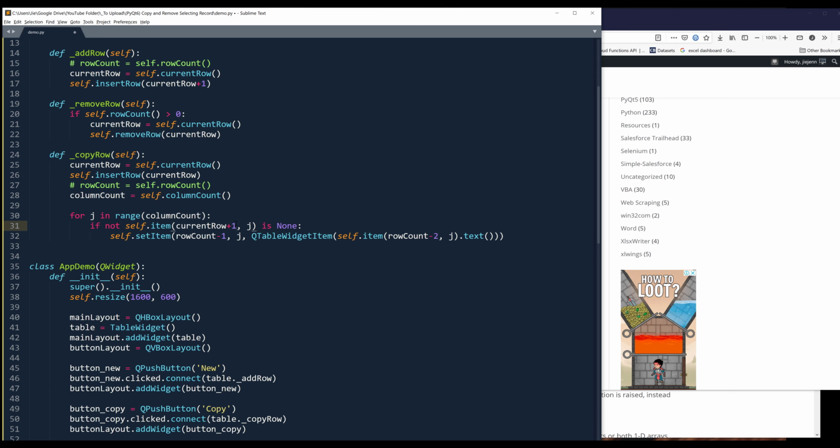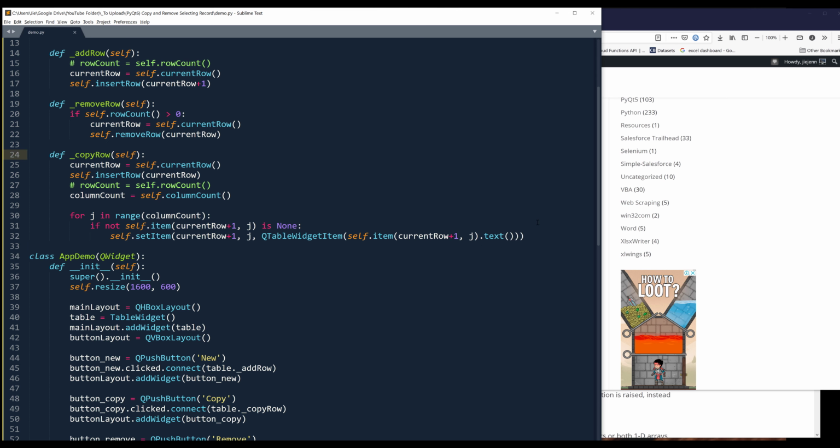The reason why I need to increase the current row index by 1 is because here I already inserted a new row. Now if I simply reference the current row index, then I'm going to get blank values. So I need to increase the index by 1. And here I'm going to say that if this statement is not none, then I want to copy the value from the current row plus 1 position. And this will be current row plus 1. And that's it. Now if I launch the window,